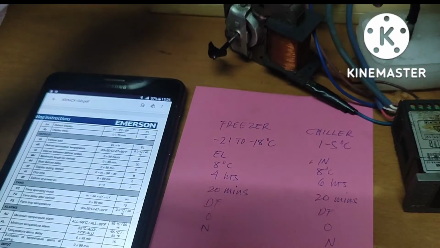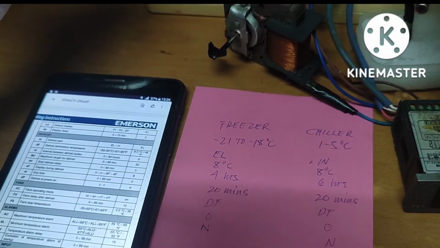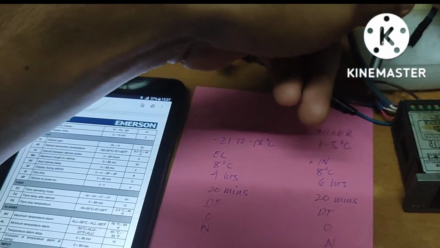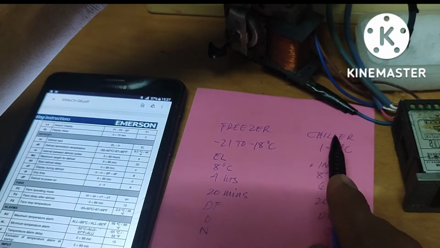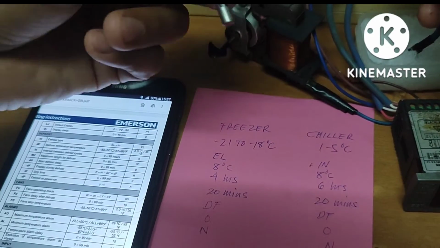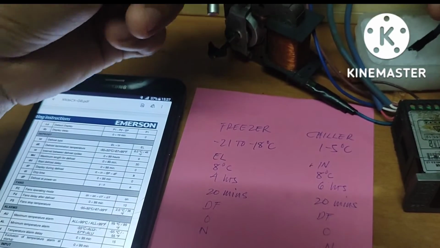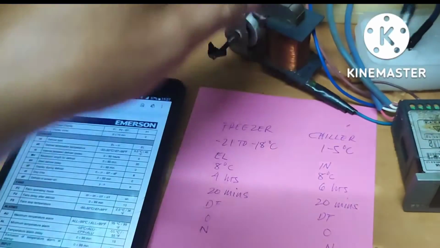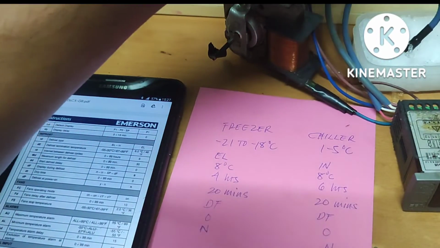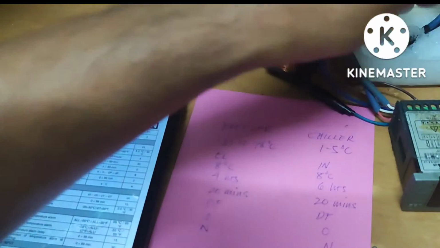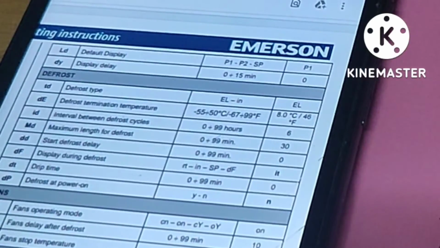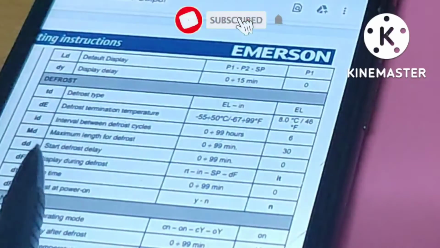So I do not recommend, guys, to disable the P2 sensor for the freezer. For the chiller you may disable this, but if you use hot gas, do not disable. Okay, so that's not our topic, but we proceed to the defrost parameter. And after that, the